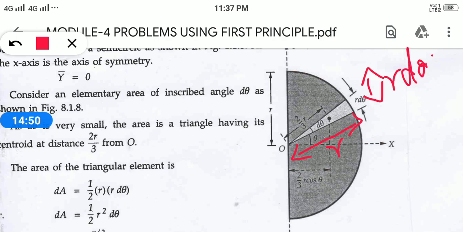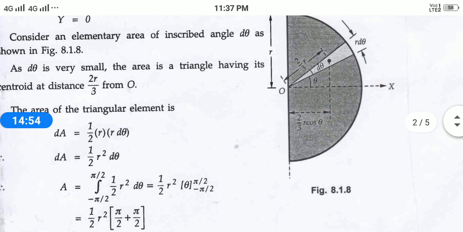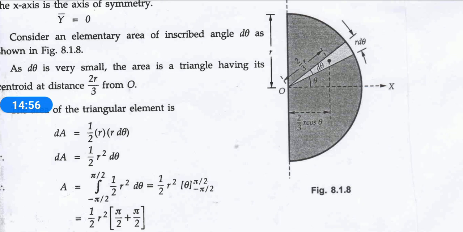So dA is equal to half into r d theta, which will be equal to half into r square d theta. This area we are going to do now, but the limit will vary from minus pi by 2 to pi by 2 since it is your semicircle. If it is a quadrant circle, it will be from 0 to pi by 2. Since it is your semicircle, we are taking a limit of minus pi by 2 to plus pi by 2,